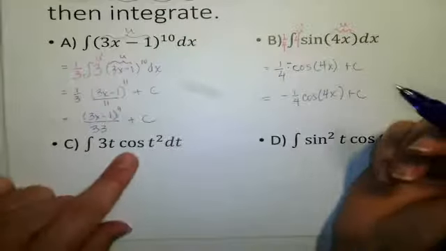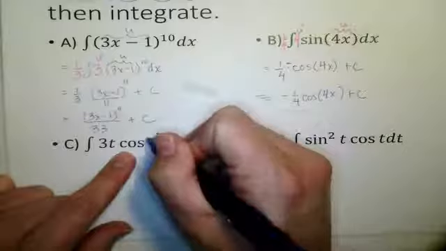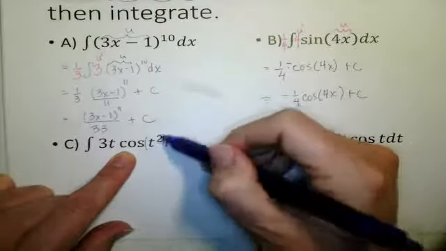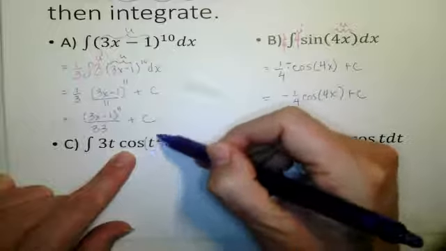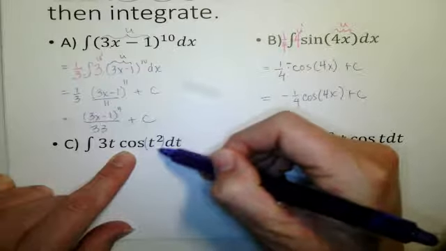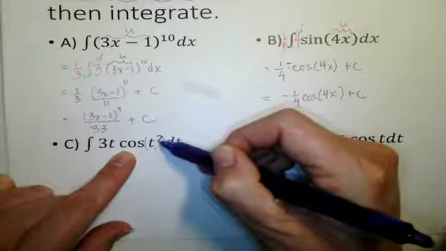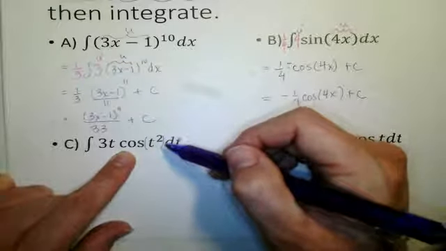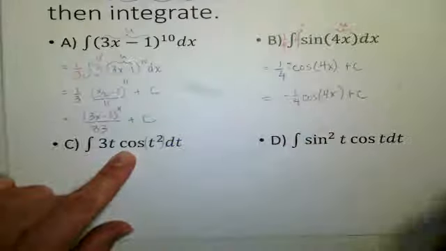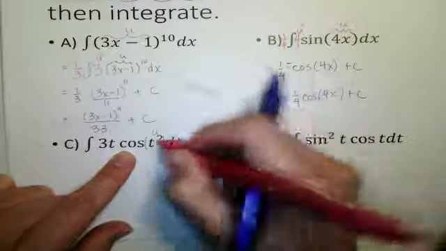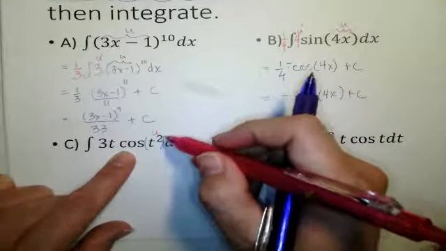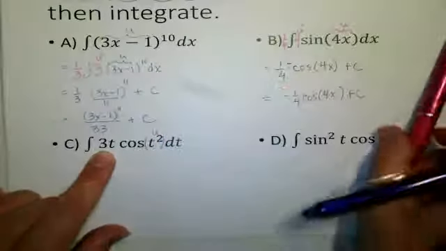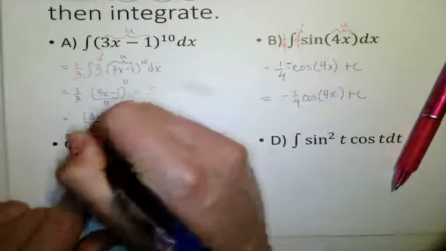All right, here, this is the cosine of t squared. And you can see if I were differentiating, I would have to take the derivative of t squared. The derivative, let's see, if this is my u portion here, the derivative would be 2t. I have a 3t. I can't just subtract the t. That doesn't work. What I can do is pull this 3 out in front